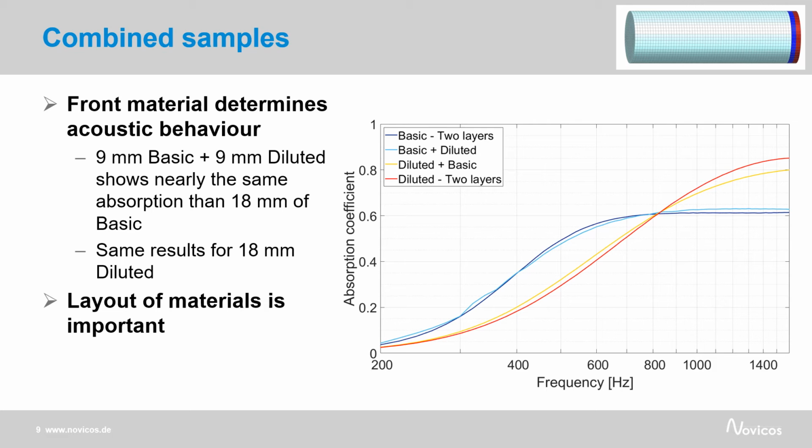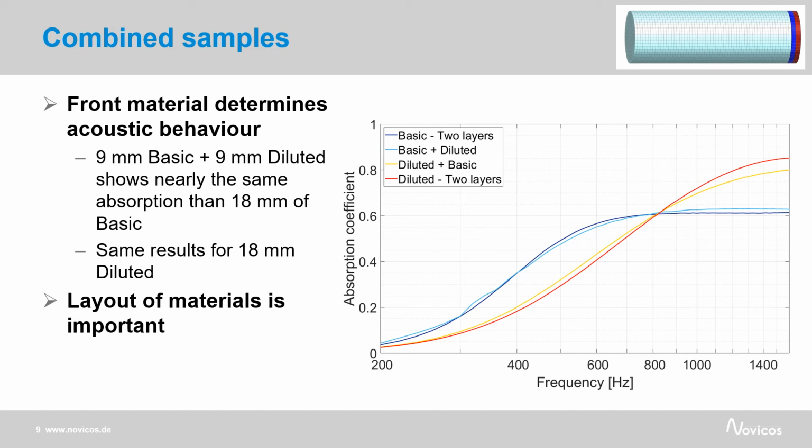In blue, you can see the absorption coefficient for two layers of basic. In light blue, you see one layer of basic with one layer of diluted. The resulting absorption coefficients are nearly the same, although the mass of the combined layout is lower. The same behavior is visible if you switch the samples and place one layer of diluted before one layer of basic. This you can see in the yellow curve, compared to the red curve, which is for two layers